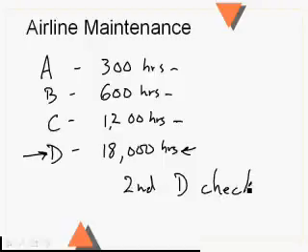And you'll notice nobody calls it Alpha check, Bravo check, Charlie check, or Delta check. You come up on that second D check, and the accountants at the airline are going to seriously consider, okay, we're coming up on 36,000 hours on this airplane. It's going to cost us $20 million. And that second one's going to cost more than the first one, because more things are going to be broke. More things are going to be fixed. And they go, wow, we've had this airplane for 20 years. Do we really want to spend $20 million on it?